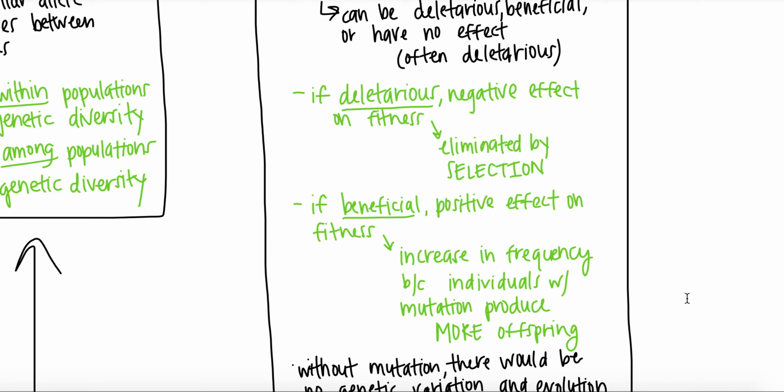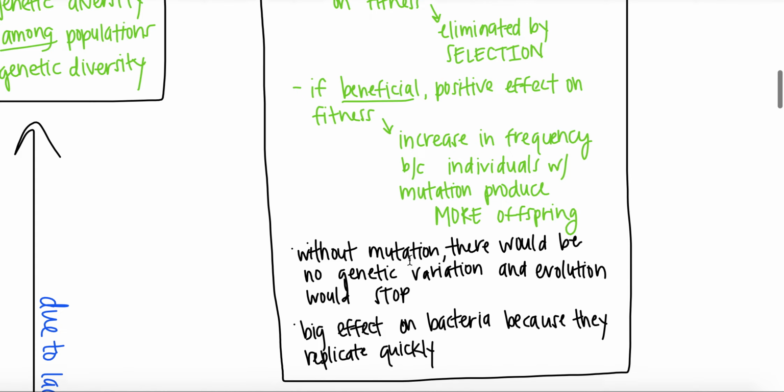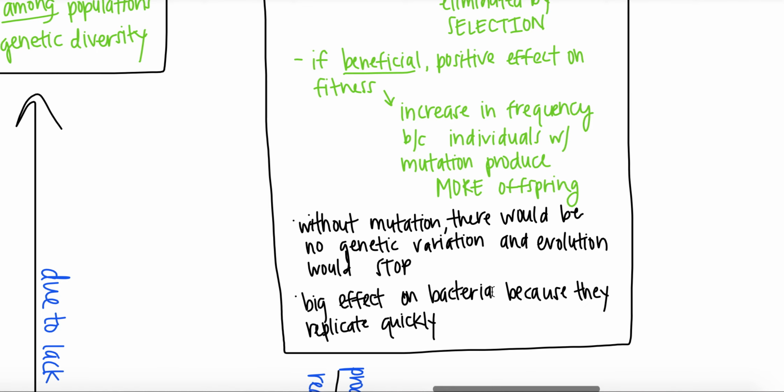So yeah, without mutation, there would be no genetic variation, and evolution would stop. And mutation has a big effect on bacteria because they can replicate quickly. I think they said they replicate every 20 minutes. So because they replicate so frequently, they are more likely to develop a mutation. Whereas humans, we